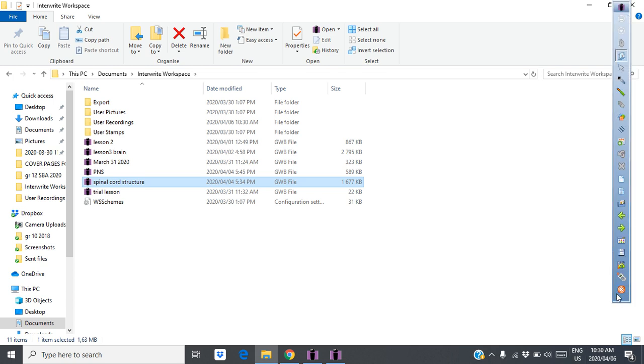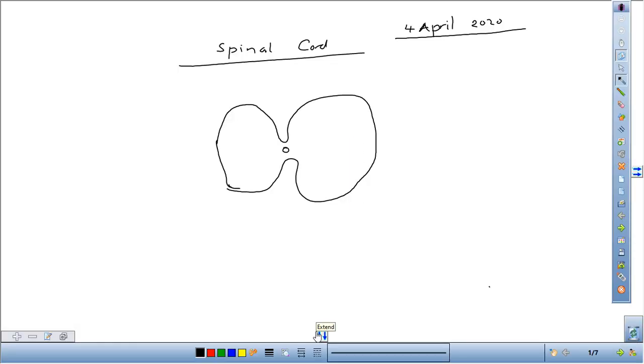At the spinal cord, and I've asked you to already draw it, but to help you along, I've already started drawing it from the basic part. I know it's a little bit not in proportion because you can see this side is bigger and this side is smaller, but just to show you how to draw it, I want you to remember